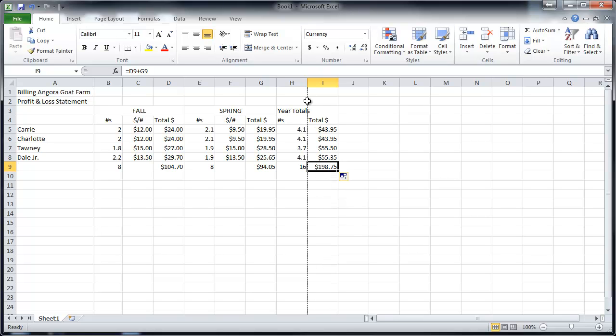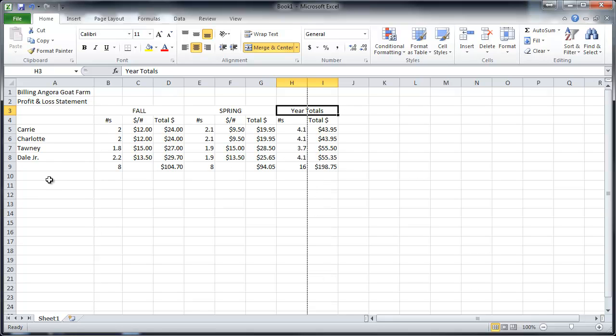Okay, so I got this dotted line here, which may make you a little uncomfortable. Don't worry about that yet. I'm going to address that in a little while. I'm going to merge the totals there. What else do I want to do? You know what I want to know? I want to know